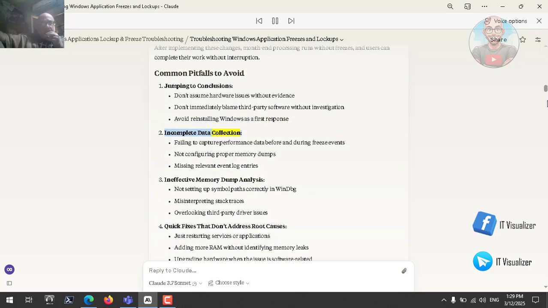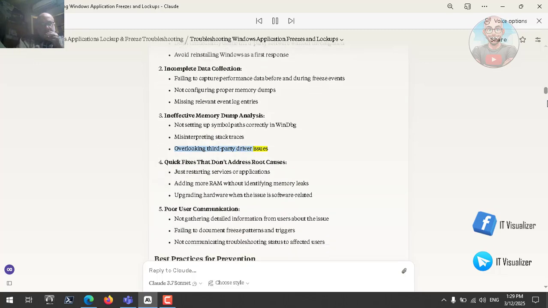Incomplete data collection: failing to capture performance data before and during freeze events. Not configuring proper memory dumps. Missing relevant event log entries. Ineffective memory dump analysis: not setting up symbol paths correctly in WinDBG, misinterpreting stack traces, overlooking third-party driver issues,